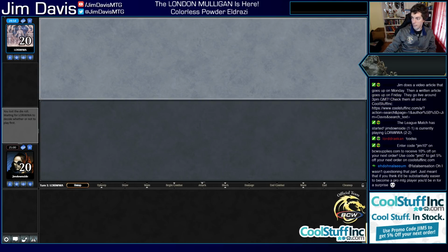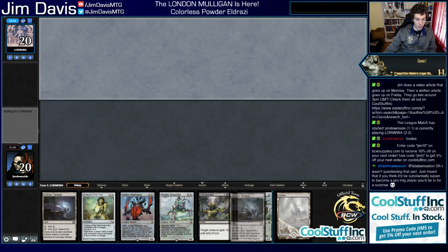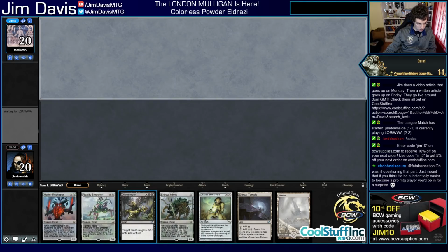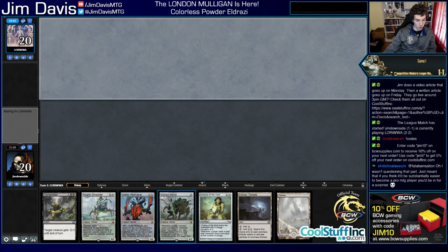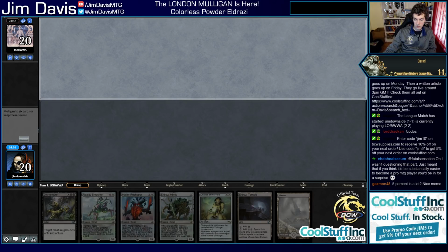Let's go. Alright. So we have Eldrazi Temple. We have a Chalice. We are on the draw. This is definitely a keep. Turn 1 Mimic, turn 2 Chalice. You can keep. It's not a great hand, but...